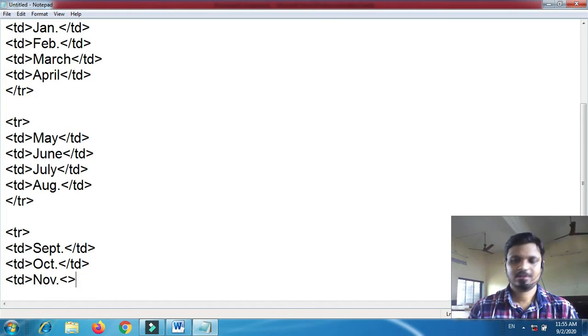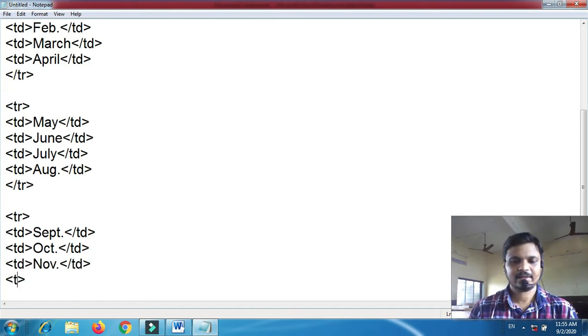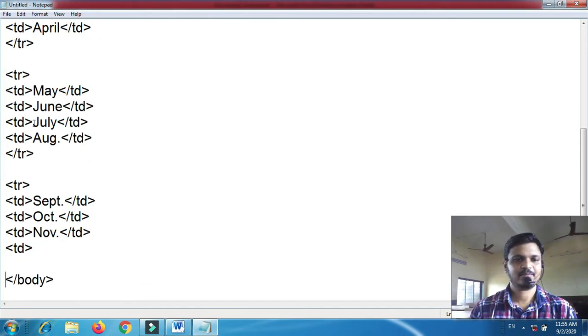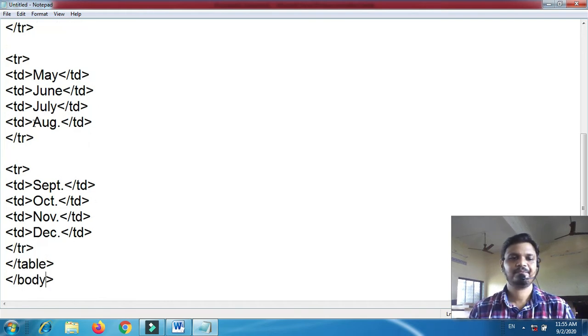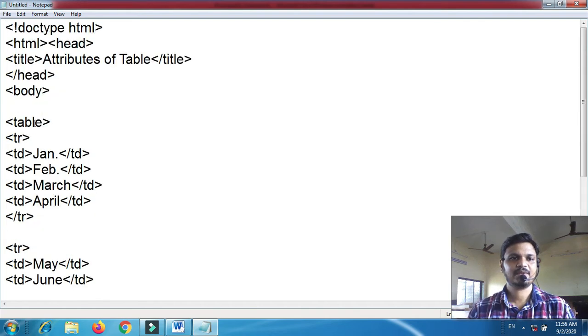Okay, in this way you can create and manage such type of tabular information. Okay, December and then close td. Next row complete, and after that I'm going to close table also. Okay, so this is about tabular information.